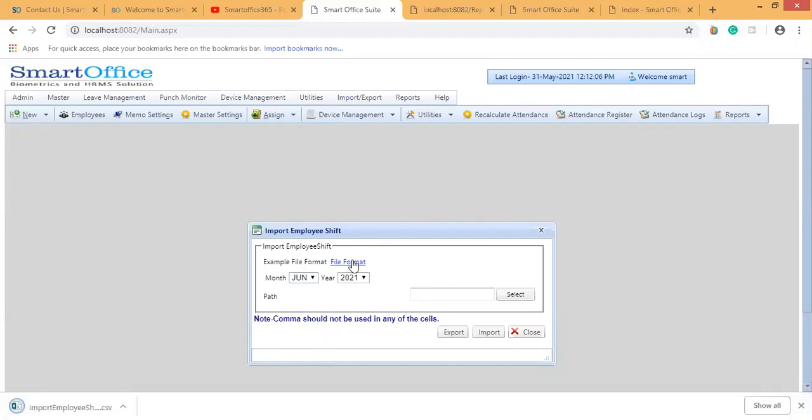I would prefer this if you are not sure about your employee shifts. At that time, at the initial part of the month or at the end of the month, anyhow, at the end of the month you'll know, and at the end of the month you're going to process the payroll for them. So end of the month or initial part of the month, if you are sure that you know your employee shifts.